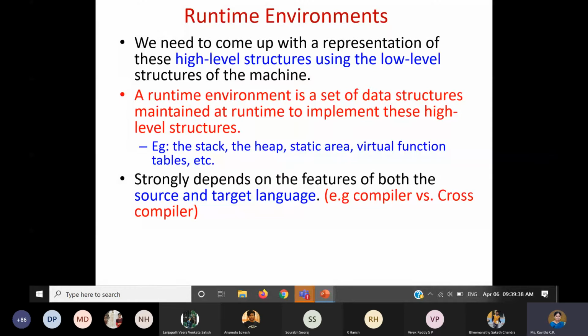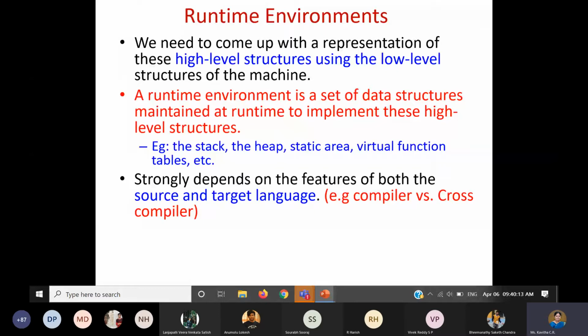I have used some source language, I have converted it into some target machine language, but now I want to run it on a different machine. Then I make use of the cross compiler, because I have to use another level to convert from one target language to the other target language, and then we execute on the desired machine. Generally we say compiler, because whatever source language we want, we use it, and whatever target language we want, we take that and run on the same machine.